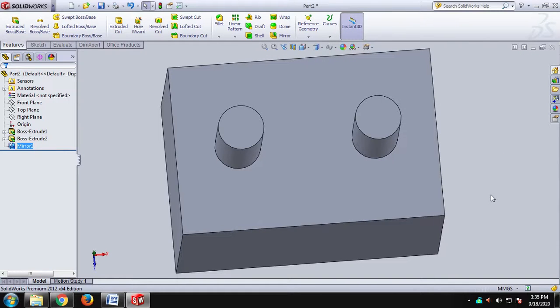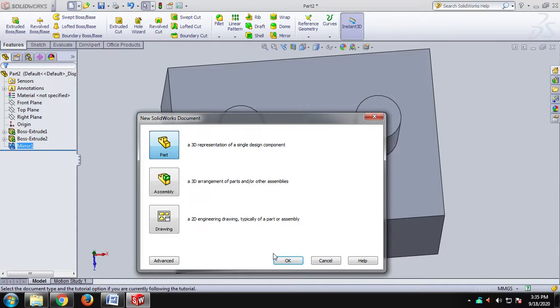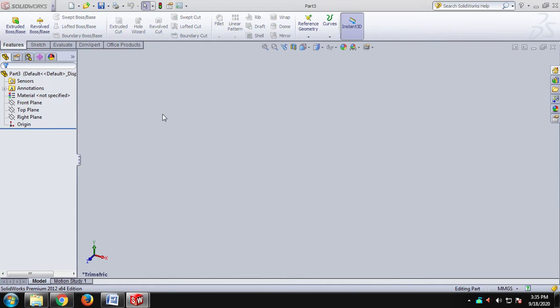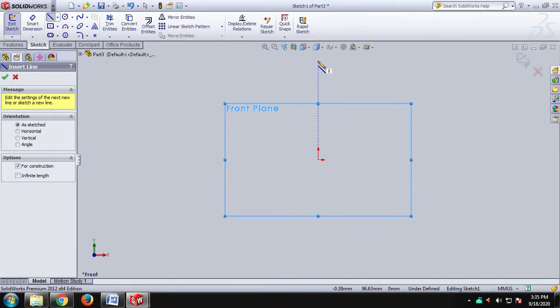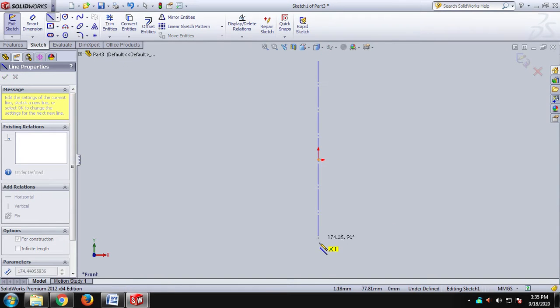Now we will discuss how to revolve a component. For this, we have to select a new page. Okay, first we have to select the plane. After selecting the plane, to revolve a particular component, the first thing we have to do is draw a center line.